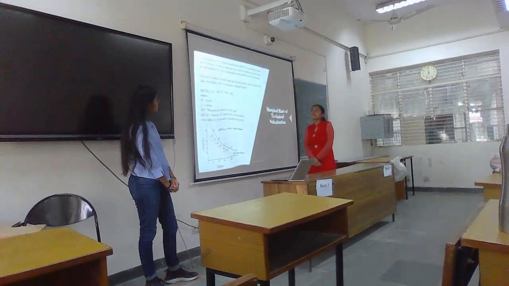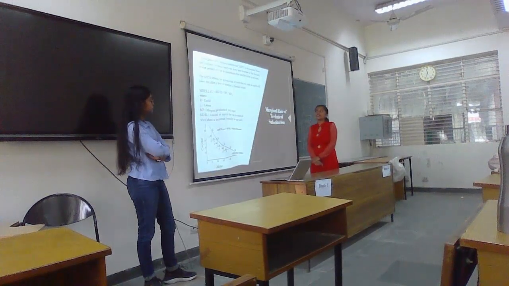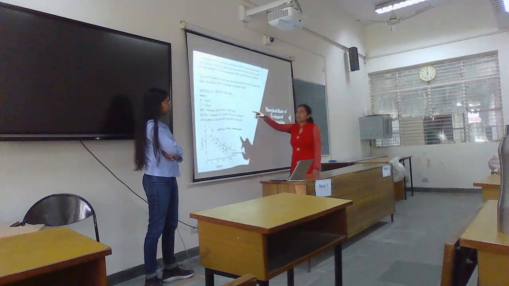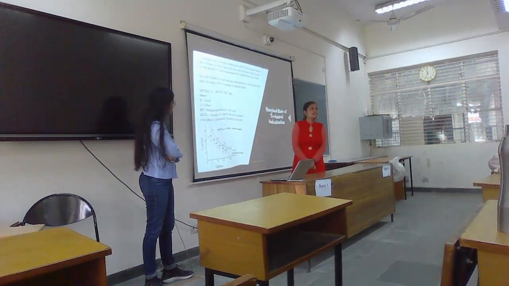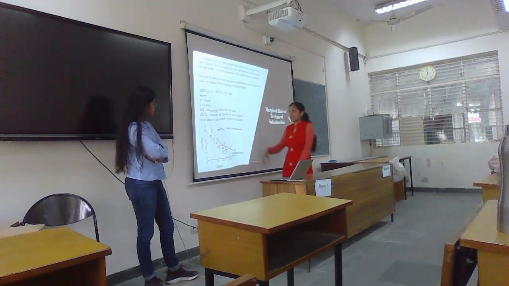Isoquants. Basically, it shows the rate at which one factor must be decreased to attain the same level of productivity when one factor is increased. MRTS is given by the formula minus delta K divided by delta L, or we can say the marginal productivity of labor divided by the marginal productivity of capital.